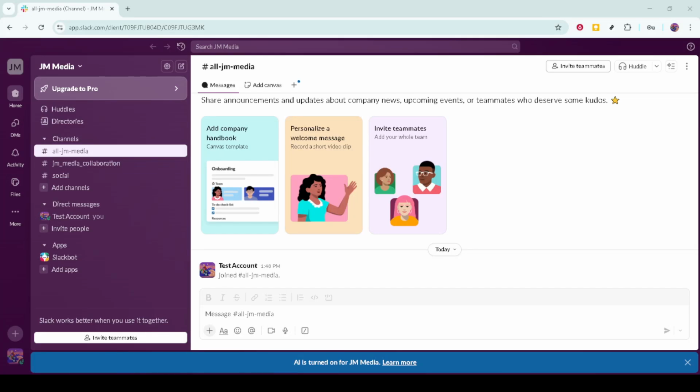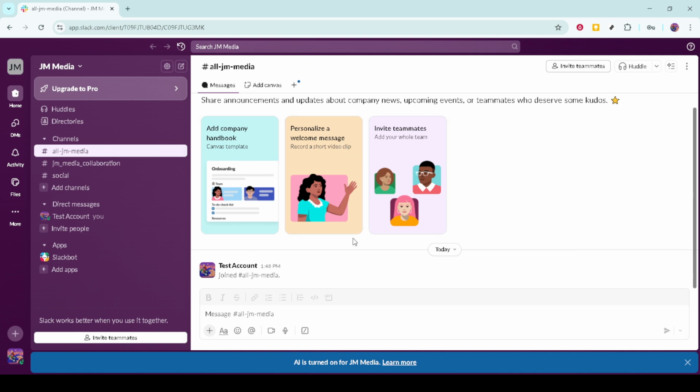In today's video, I'm going to teach you how to add an incoming webhook URL on Slack in just 5 minutes. Setting up a webhook is a valuable way to enhance your Slack workspace, enabling you to automate notifications and ensure your team's digital communication is as streamlined as possible.